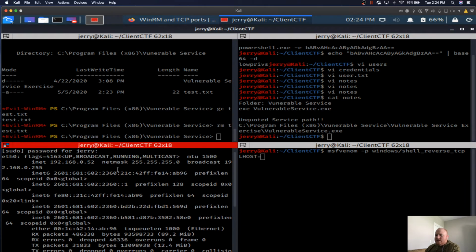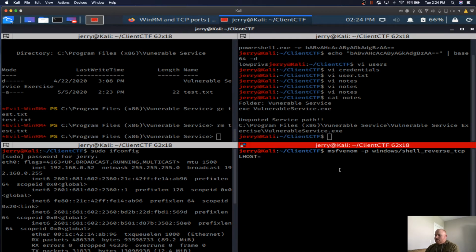I believe it's 192.168.0.52, and it is. So LHOST is 192.168.0.52, and LPORT, the port we want to connect back on, let's do 31337 because we are elite. And the format is an exe-service because we want this to be a service so that our